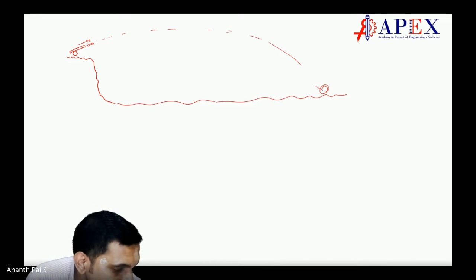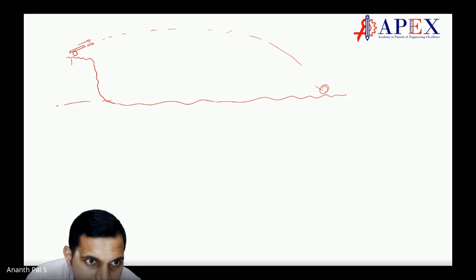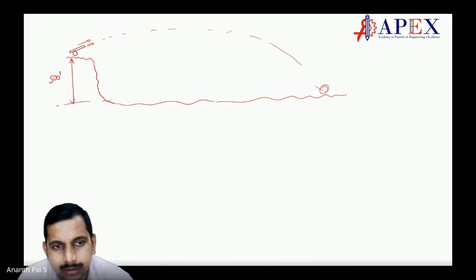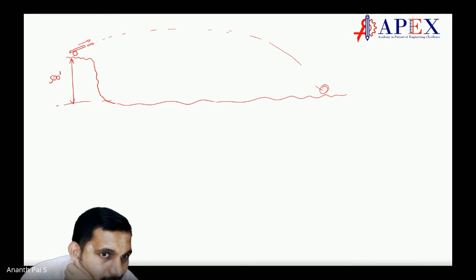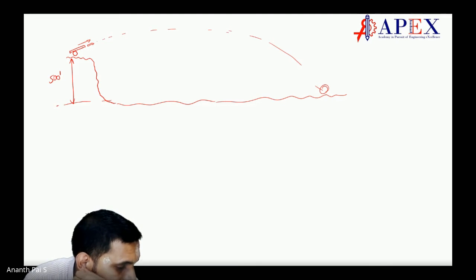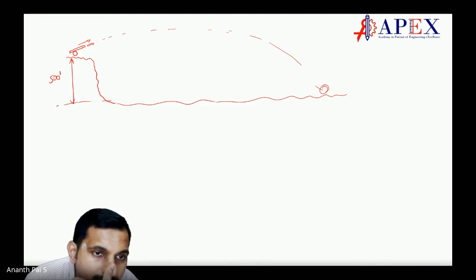Now the question is, this height is 500 feet. Possible? In Afghanistan, there are a number of hills at a 500 feet height. And now tell me if it is projected at a speed of, say, 30,000 feet per second. Or let me change it to some other number. Let it be 500 meters, and this is going out at a speed of around 2000 meters. It will go at that speed only.